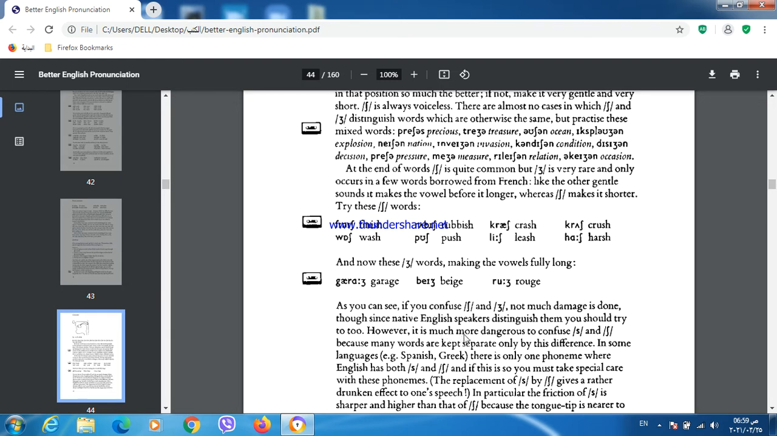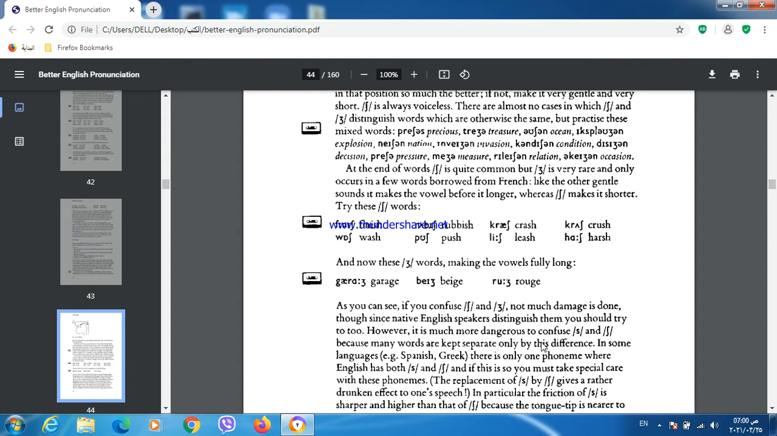However, it is much more dangerous to confuse س and ش. لكن الخطر الأكبر وين؟ في أنه أنت ما تخلي ش مكان الس أو س مكان الش. ليش؟ لأنه many words are kept separate، لأنه الكثير من الكلمات يميزها صوت الس والش، يعني متشابهة في كل الأصوات